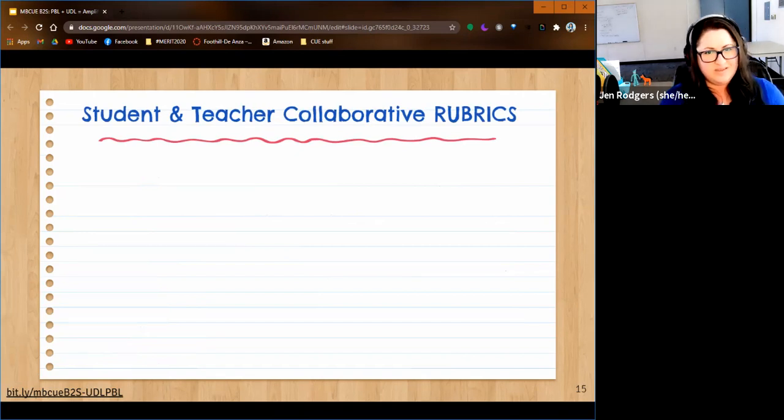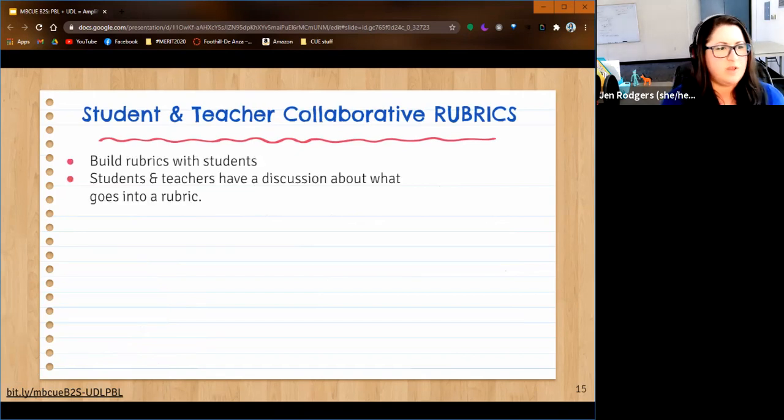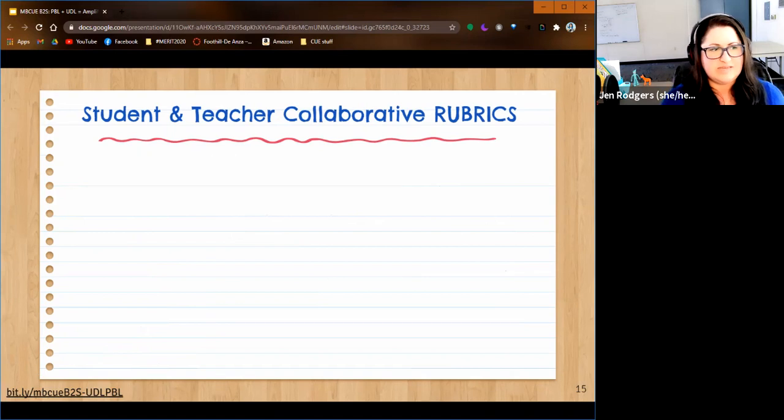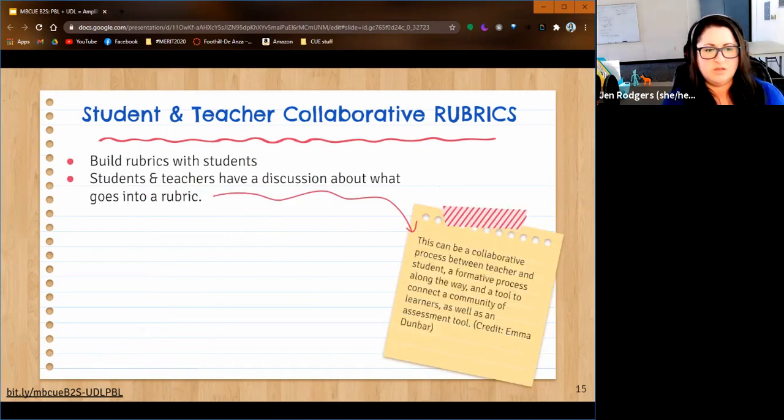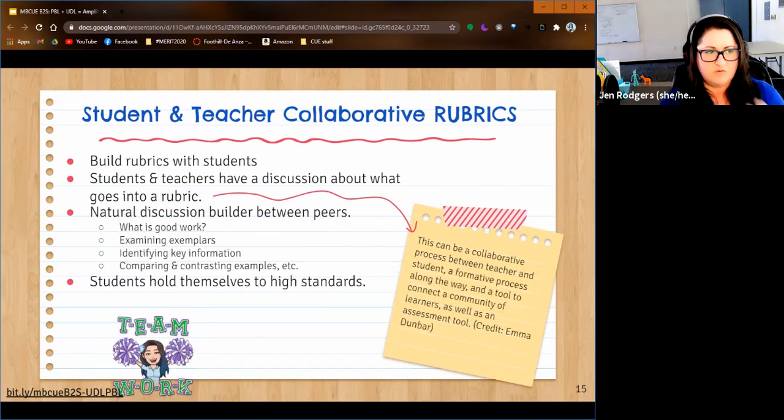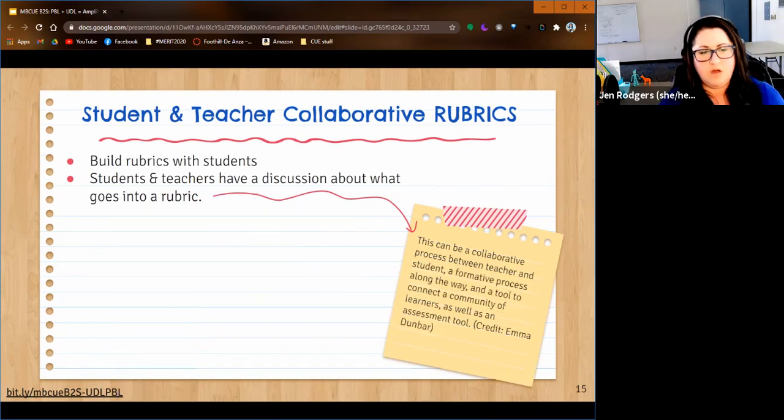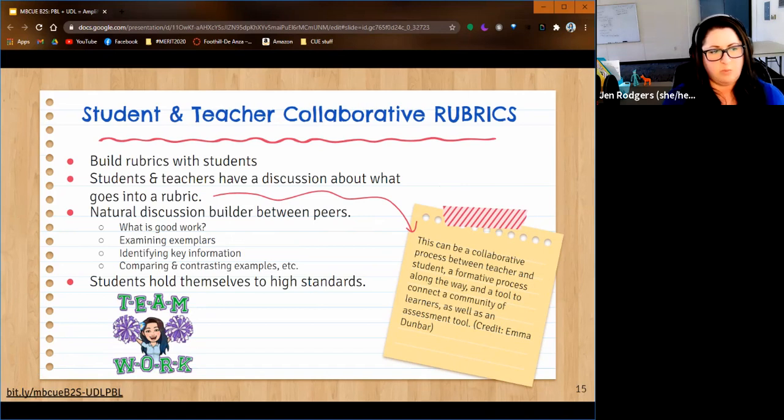So I talked a lot about student collaborative rubrics already, but I just think it's such an exciting idea. And I think it could really change the process of how students are assessing and self-assessing and peer reviewing and all of that. So again, this could be a formative process along the way. And I also think that if students are working together to look at these exemplars and examining what is good work and what is the key information,